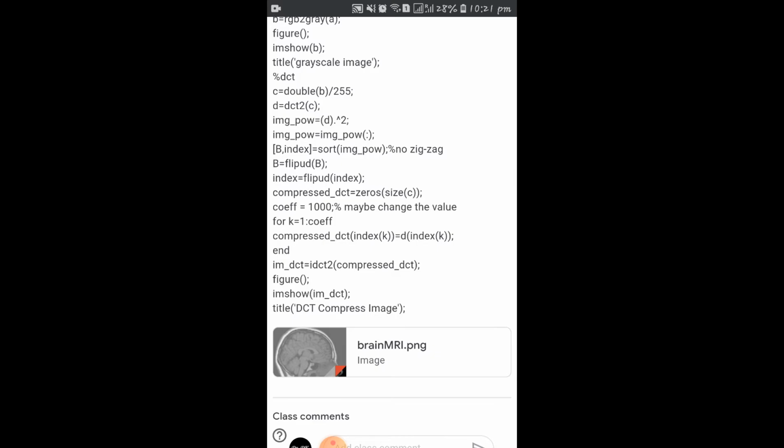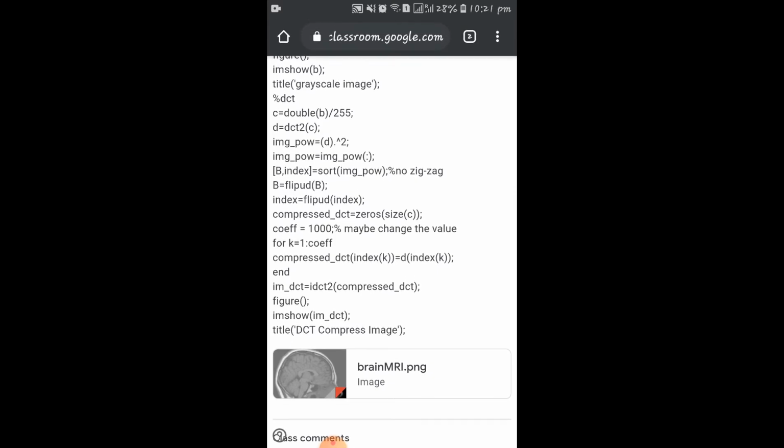And now we are calculating the power. So image power equal to D dot power 2, and then we are taking the image power for all the pixel values, and now we are sorting the values, b comma index equal to sort of image power.